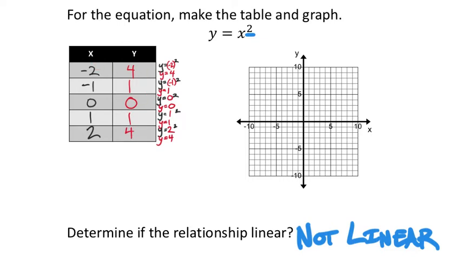So here's all my ordered pairs. We can put these on the graph. Let's start with negative 2, 4. So negative 2, 4 would be right here. Then we've got negative 1, 1, which is here, and then 0, 0. And right off the bat, with just these 3 points, you can see some curvature in the line